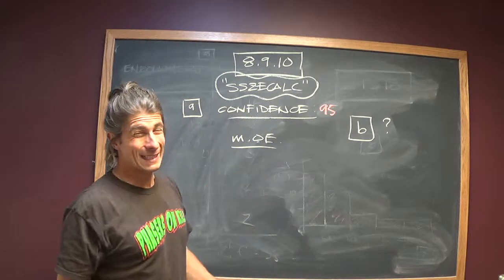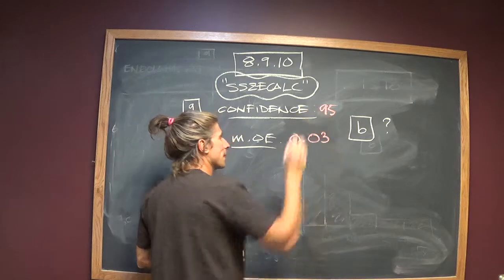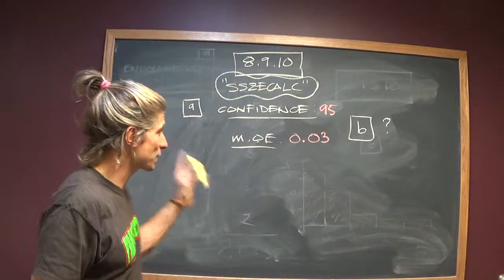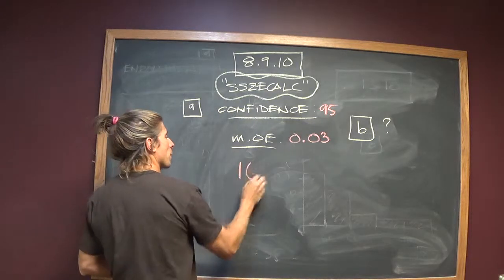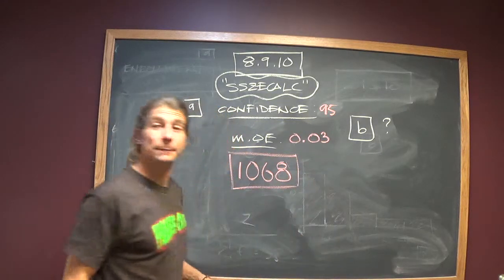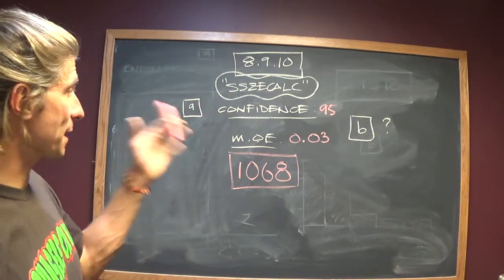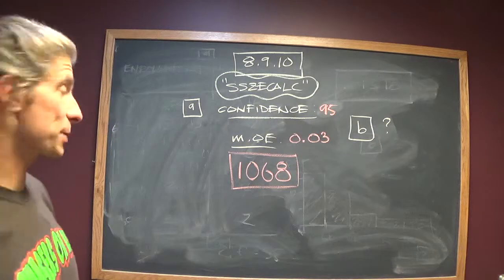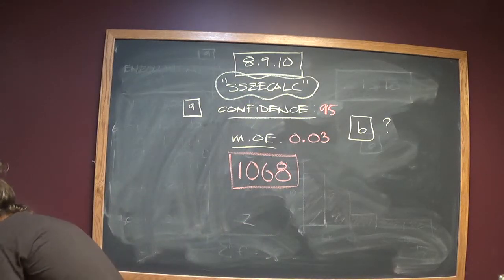Your margin of error is not. I discovered a coding discrepancy, so I want you guys putting in margins of error as decimals. So that's 3%, 0.03. And when you press enter, it will come back with 1,068. That's your minimum that you would need to evaluate at 95% confidence with no more than 3% margin of error. Those of you out in stat world, if you are cranking these by hand,